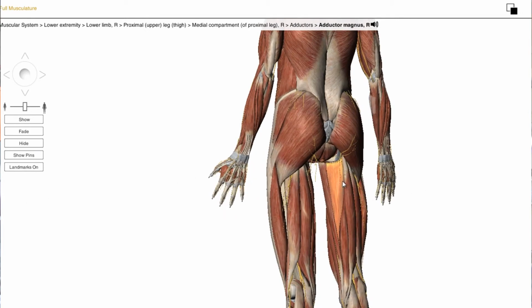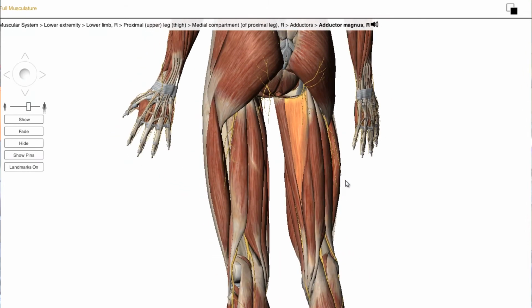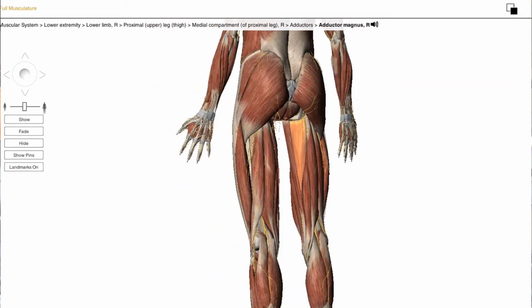So in this case right now, I'll show a video kind of looking over the anatomy, and in case